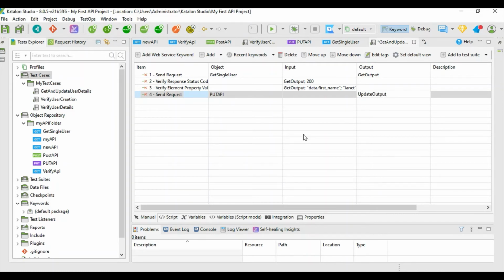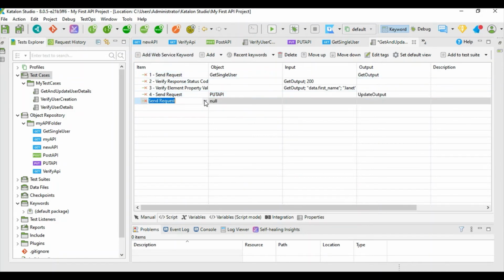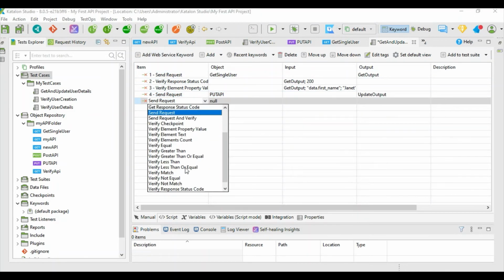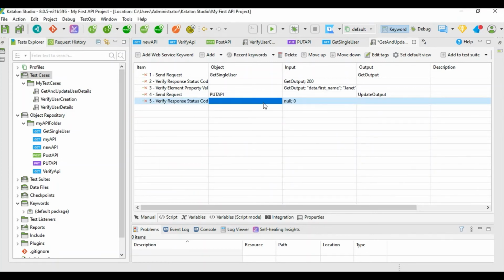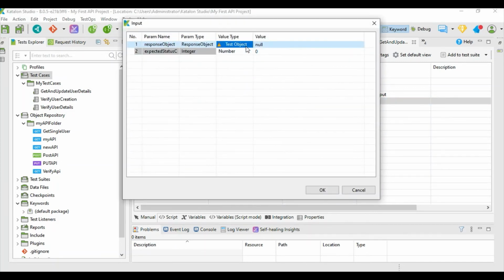Now again, you want to check the status code, if it is giving us back the correct one. So this is update output, and the value should be again 200.